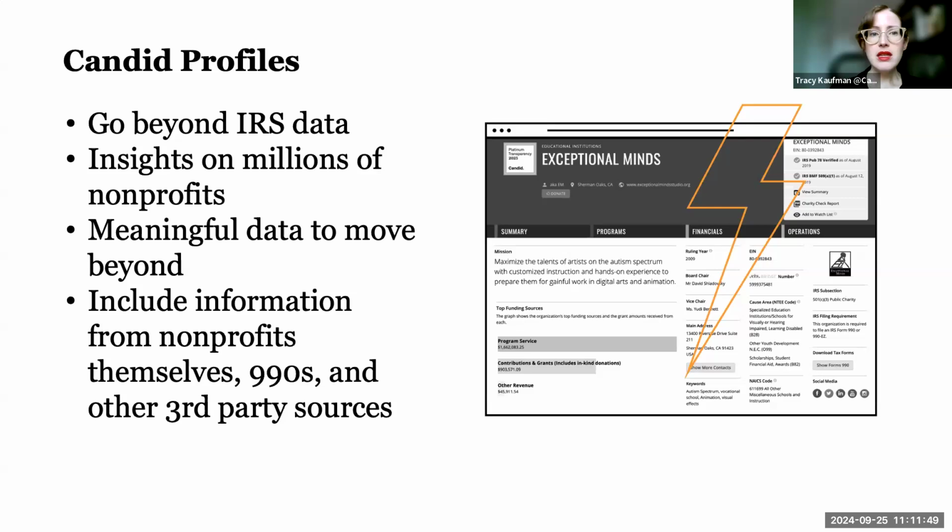However, any nonprofit also has the choice, if they so decide, to go in, claim their Candid profile, and add additional information, basically flesh it out and be able to use it as a bit more of a storytelling tool, which can be valuable in a lot of different ways, as we're all going to go into over the course of this hour. It really gives you an opportunity to take charge of your own narrative. And it can be a great complement to your website, your social media, any other online presence that you may have. Next slide.